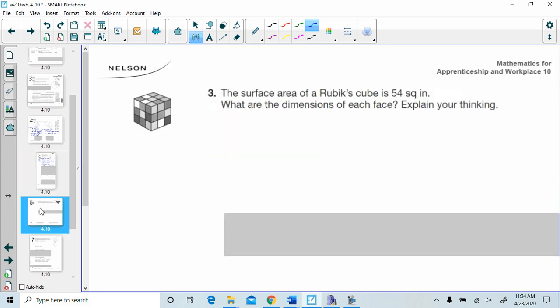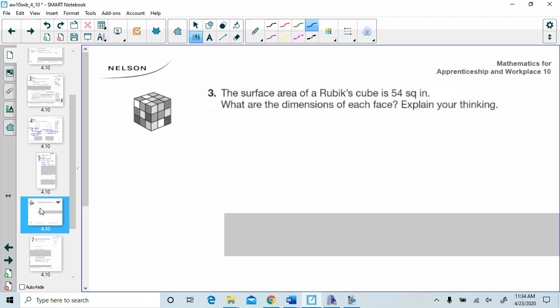Moving to the next part. Rubik's Cube. Okay, so for this one, we're looking at the surface area of a Rubik's Cube. It's given, it's 54 square inches. And then we're just asked for the dimensions of each face. Okay,